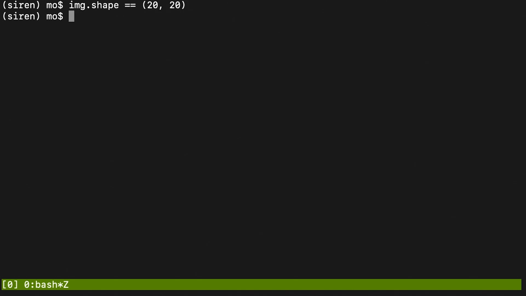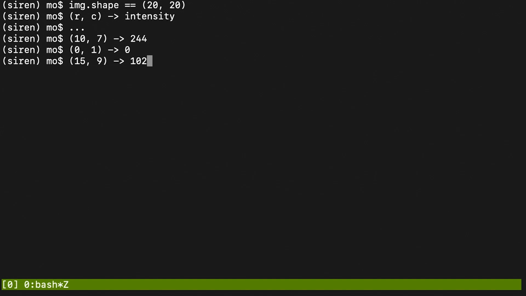For example, it's going to be a grayscale image with both height and width equal to 20. We can actually think of the image as a function that maps the pixel coordinates to the intensities. So in other words, if we have an image, we can create a regression dataset out of it. There are two features, which are the two coordinates, and the target is the intensity. And nothing prevents us from using a neural network that approximates this mapping. And this is where the SIREN neural network comes in, because it works extremely well for this task.